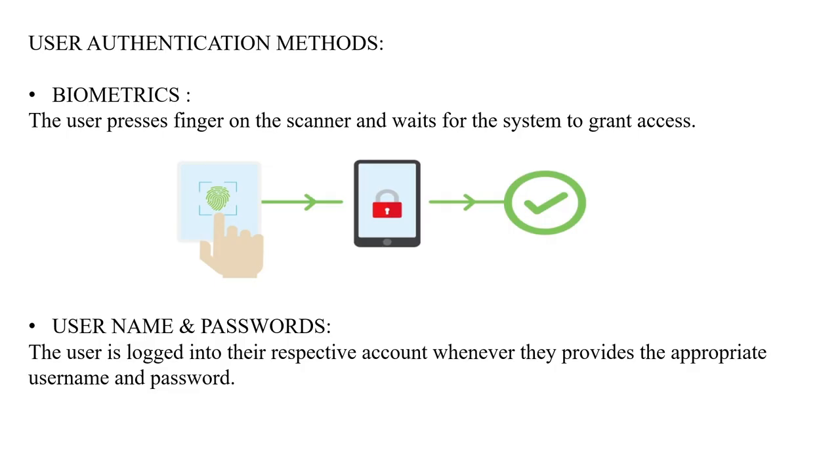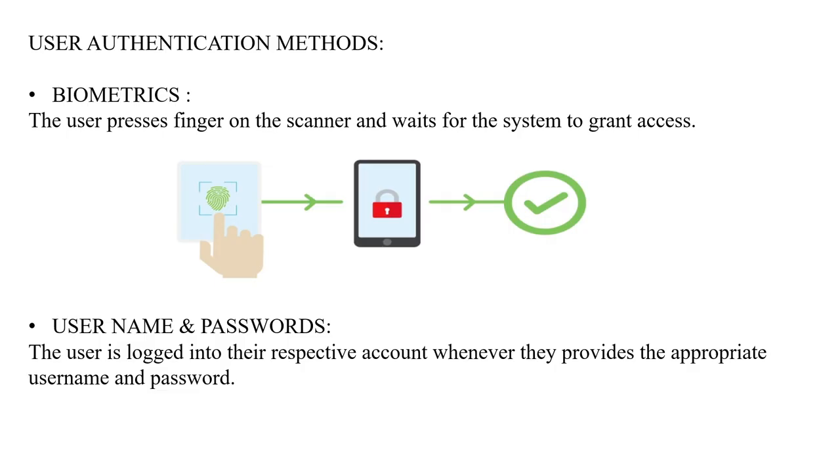User authentication methods are of two kinds: biometrics, and username and password. Biometric means the user presses a finger on the scanner and waits for the system to grant access. Nowadays we use this for our phone lock: if the same person's fingerprint is scanned, only then will the phone open and grant us access to the phone applications. And next is username and password. The user is logged into the respective account whenever they provide the appropriate username and password. Like in Gmail, if you are logging into someone's account, we need the username and password. If the password is correct and valid, then only